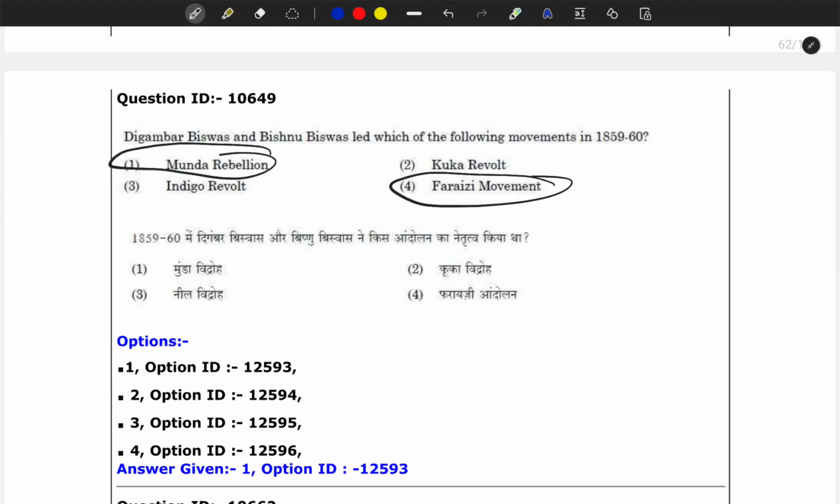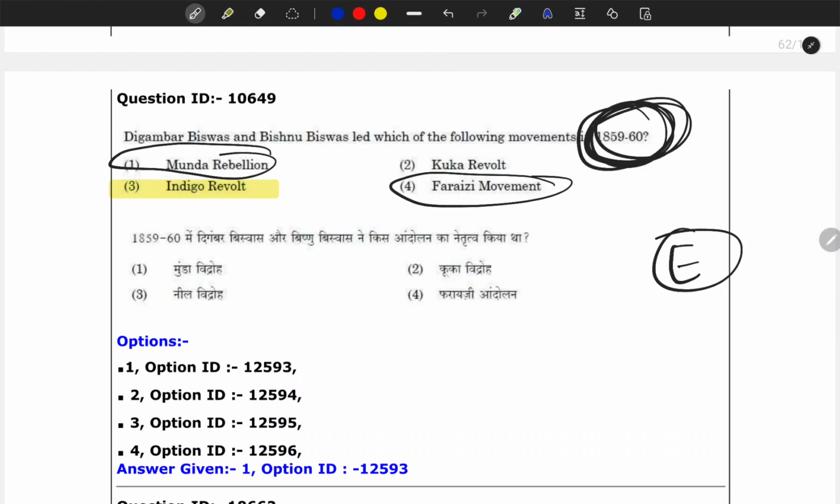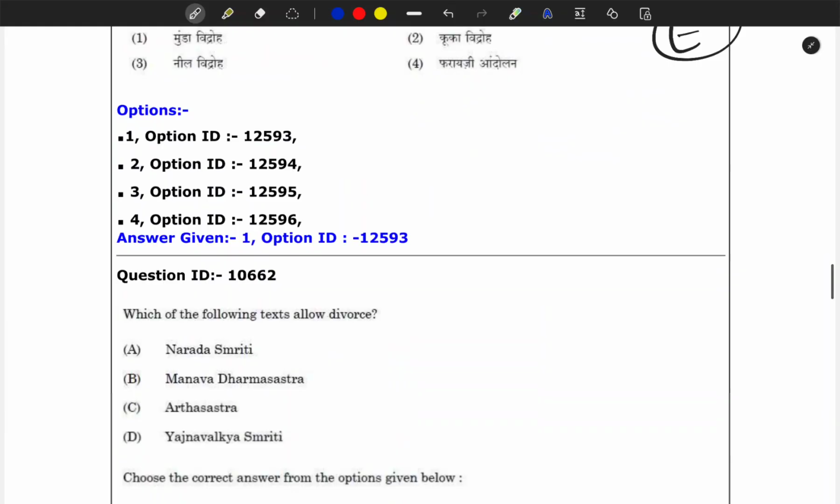So for me it was a straightforward, easy question. These were the Mundas, Indigo Rebellion or Indigo Revolt. And one more thing is that you have to think about the chronology: when the Indigo Revolt happened, when the Munda Rebellion happened, when the Kuka Revolt happened, and when the Faraji movement happened. With this chronology also, you can easily answer this question. This is a very easy kind of question. Next is